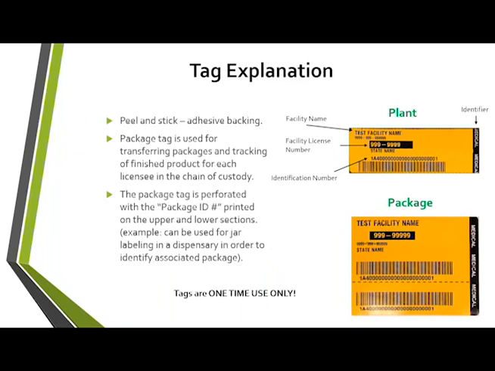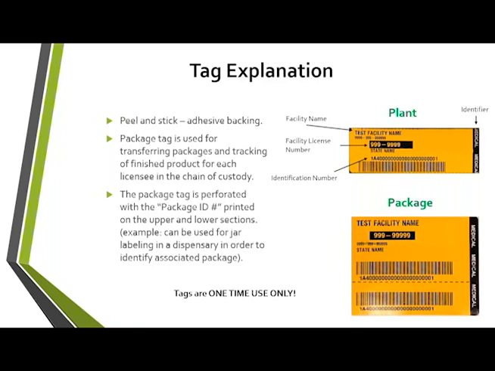All right, so we do have plant tags and package tags. Plant tags at 45 cents, package tags at 25 cents. Reason for the higher cost of the plants is that they have to be UV resistant, water resistant, just in general more durable to hold up against the rigors of the cultivation facility. But the package tag here, you'll see down here on the bottom right, that has the test, there's your facility name, your facility number, the state name, as well as a 24 character alphanumeric code here, which is that unique identifier.